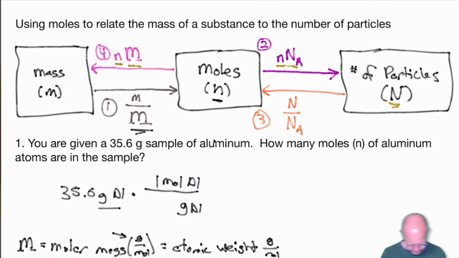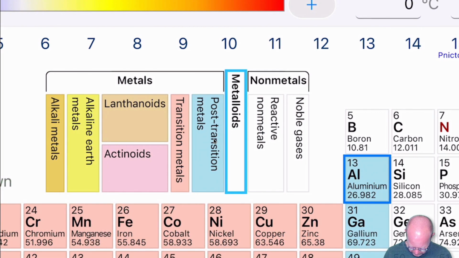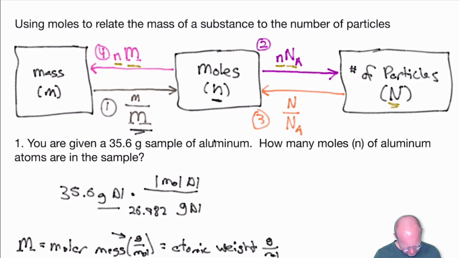So let's go back. So we would write 26.982, I'll go back and check. 26.982. And that's 26.982 grams for every mole of aluminum. And I flipped it over because I need to cancel grams in this calculation. So if I grab my calculator, I find that the number of moles of aluminum, and I'll write a few extra digits here, is 1.3193